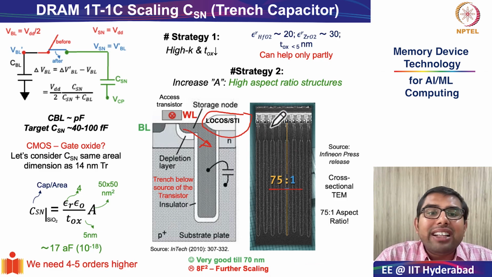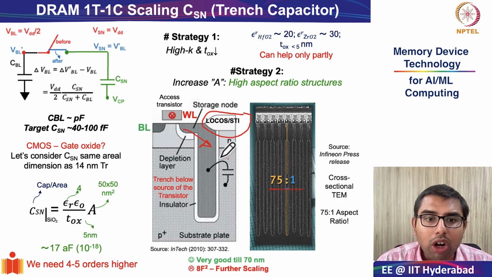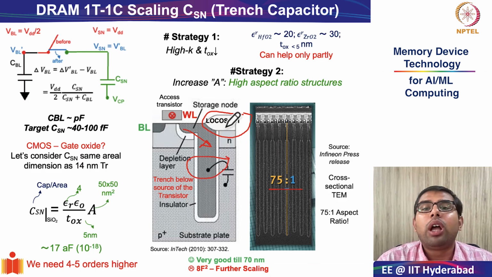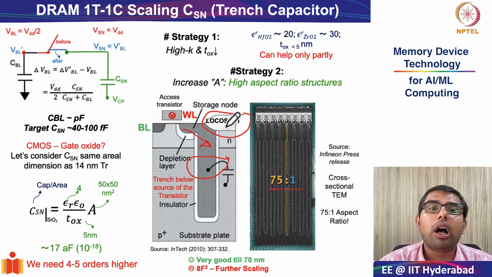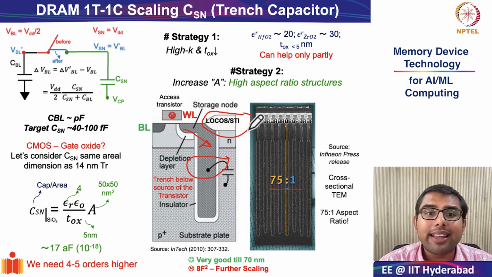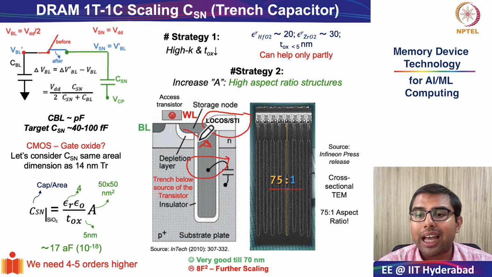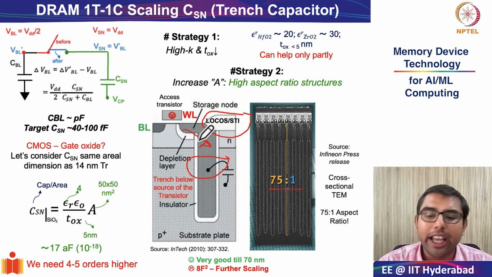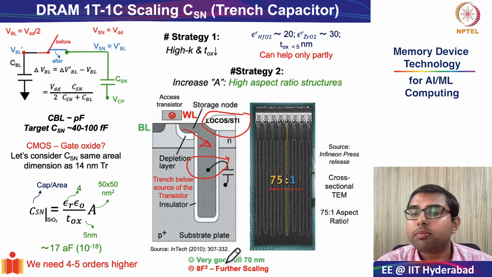So you have to maintain some space because you have to accommodate the trench capacitor also, and you have to give some margin for making sure of isolation, so that there is very little cross coupling between neighboring cells. And this is why there is a prohibitive 8F squared scaling rule, which is only possible when you come to this technology of trench capacitor, right?